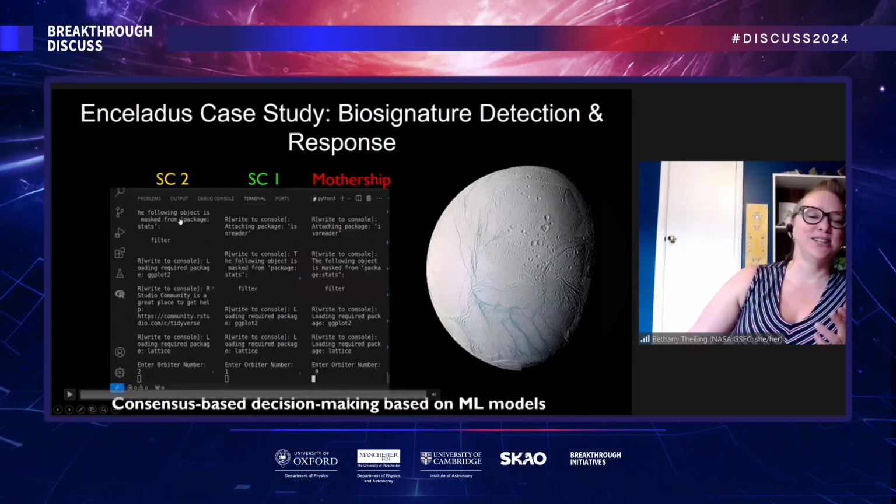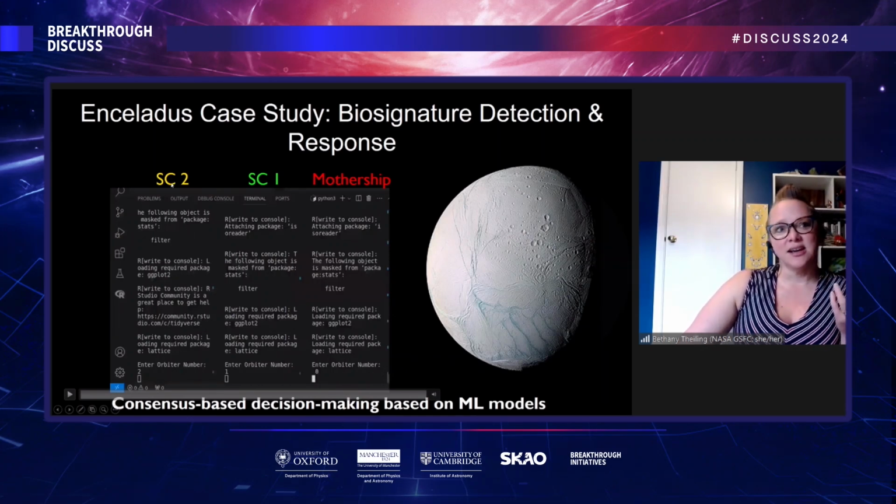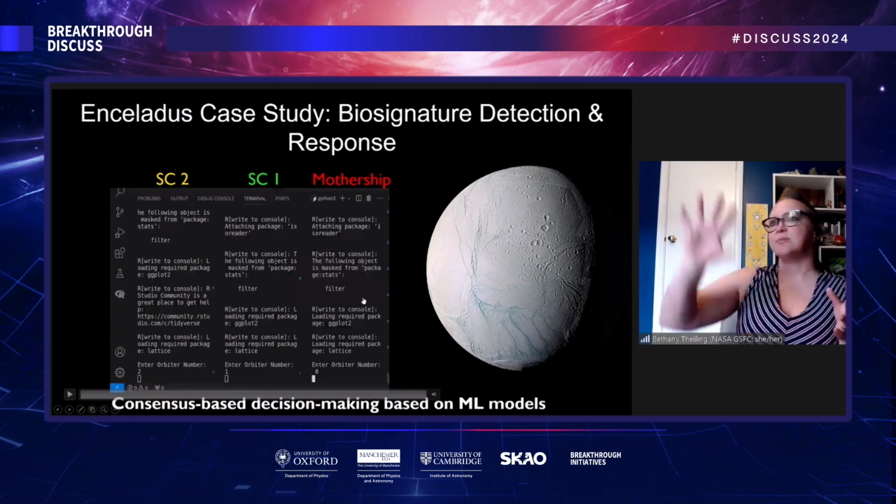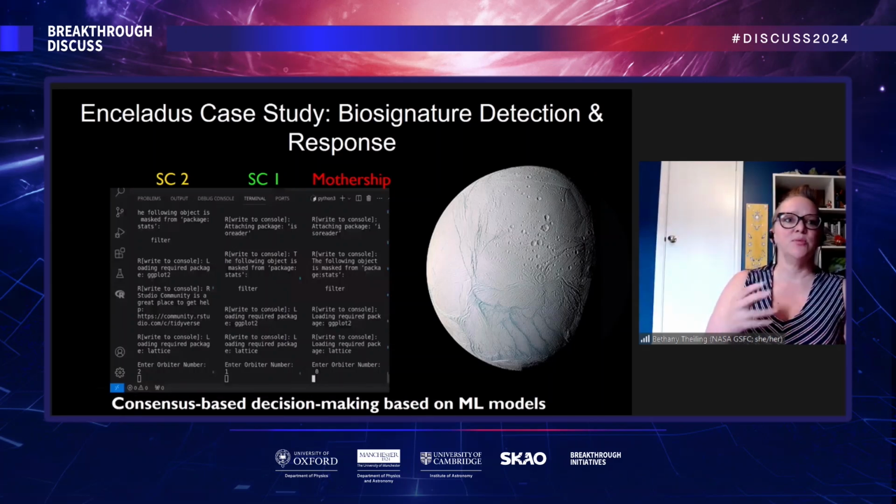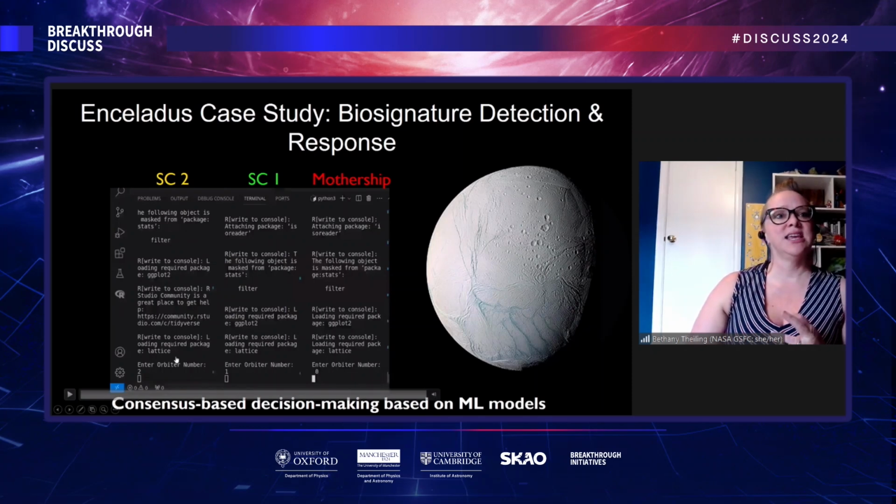Basically, there's this console. I'm not sure how I'm going to deal with the next slide, but there's this console that we developed using a platform called Redis. And so we have 3 consoles. We were just focusing on a smaller demonstration for you all. So Spacecraft 2, Spacecraft 1 here in the middle, and then the mothership. In this particular case, we decided to have a data relay system that can communicate back and forth.